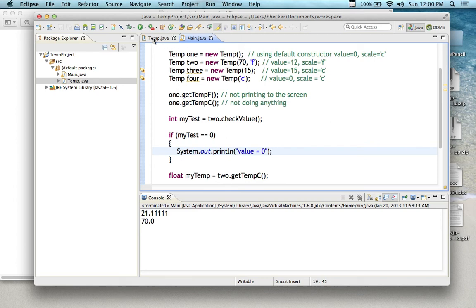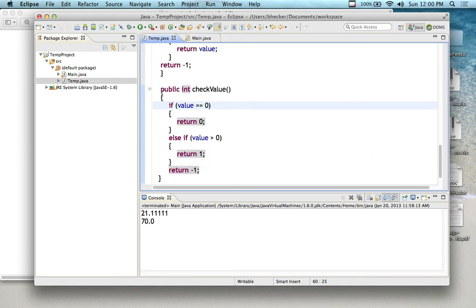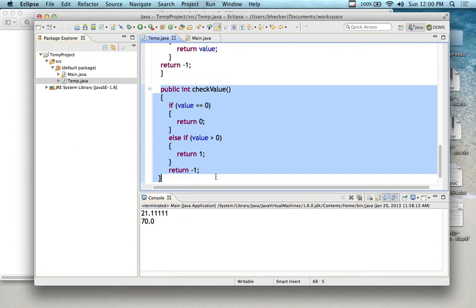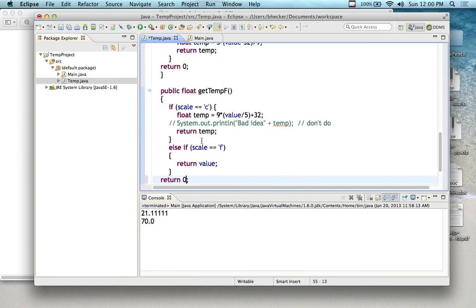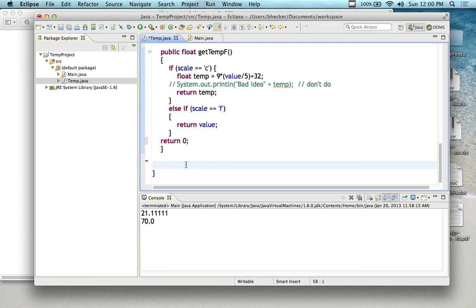So in the temp over here, I'm going to get rid of my check value, because that's really not part of this. And what did I do here? -1, let me just change this one to 0 again. -0 is going to give me an error. Okay, so on the bottom here,